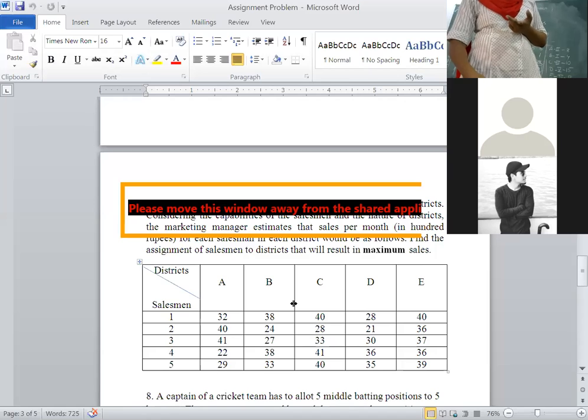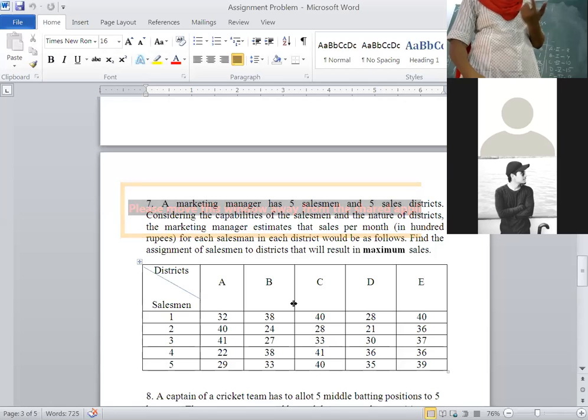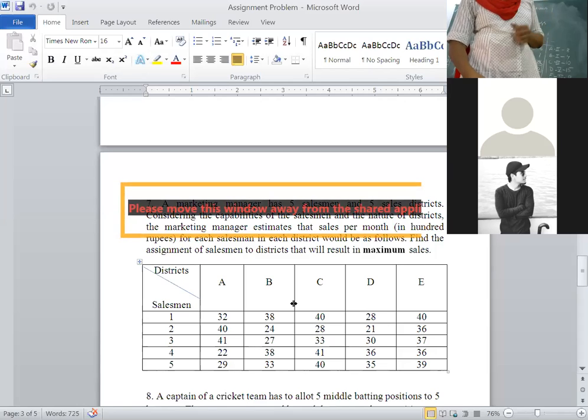Before entering into step 1, we have to find the largest element, or maximum value, and subtract the entire matrix from that value. That is 41, which has appeared twice. Finally, you will get zeros in the first column and third column. Then proceed similarly with the Hungarian method. Clear? Next lecture, we will solve this. Take the 6th and 7th problems as homework and try to solve. If you are unable to solve them, I am there to help you.